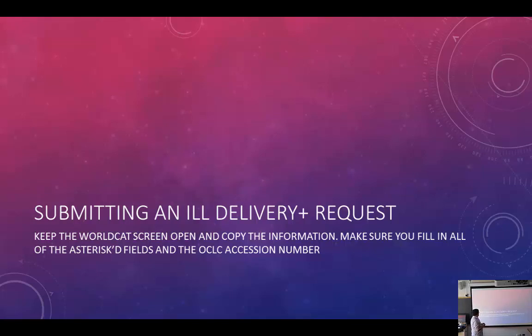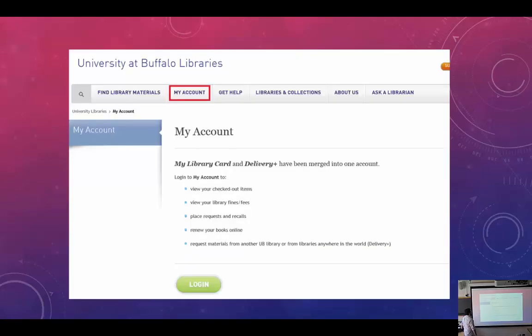So now with the WorldCat screen open, and I think when you open WorldCat, it opens in a new browser, is that correct? Yeah. Okay. All right, so keep that WorldCat screen open, and we're going to copy the information into an interlibrary loan request. So to get to that, when you're at the library's homepage, if you go to My Account